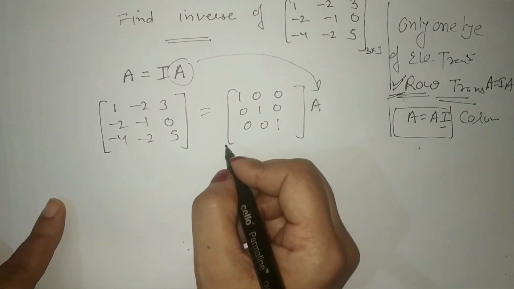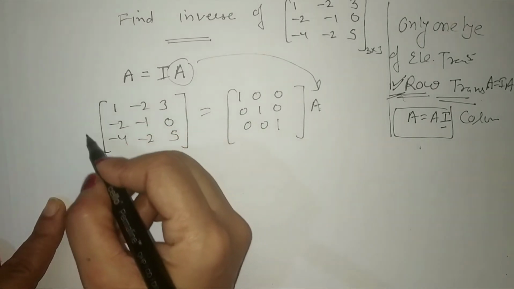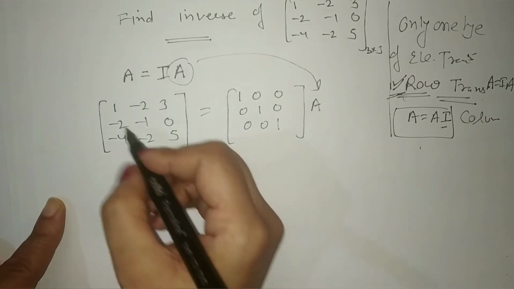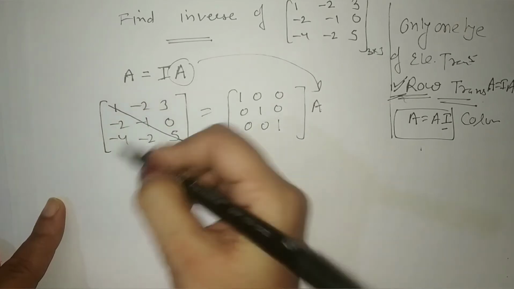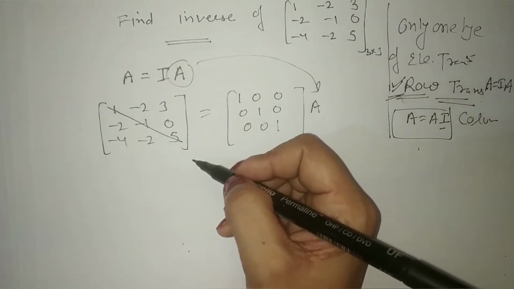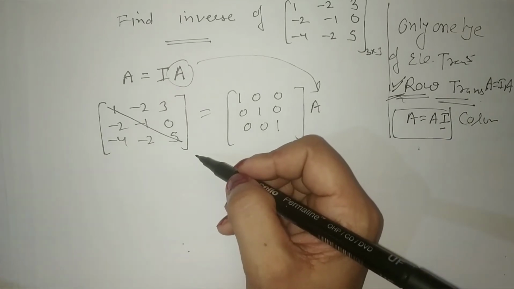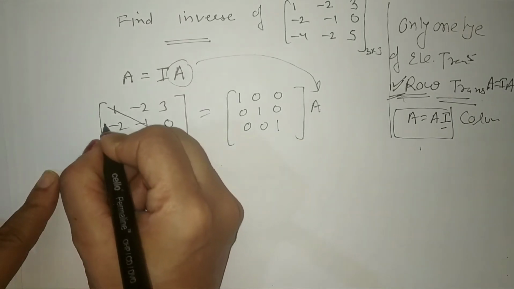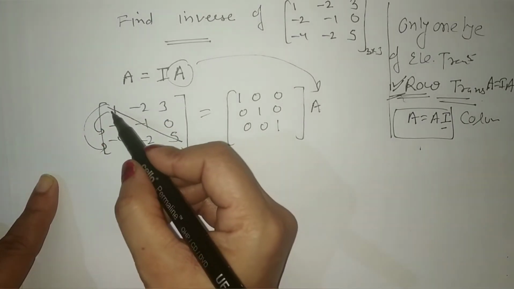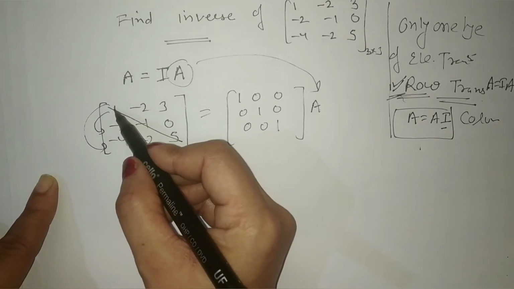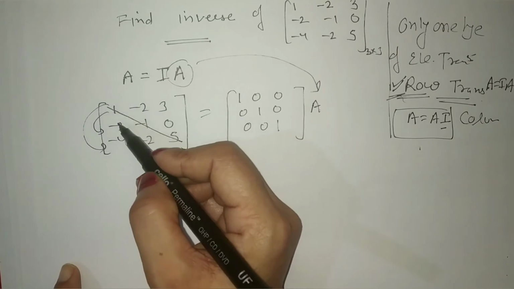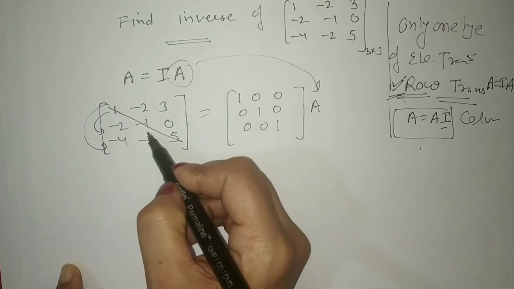Right? Now what we have to do is perform row operations to make this matrix identity. You have to make all the elements above and below the diagonal zeros, and all the diagonal elements should be 1, by performing only row operations. So first we will make these two elements 0. You have to keep in mind the order. First you keep the first row, first column element 1, which is already there. Now you have to make these two elements 0, then this element, after this.